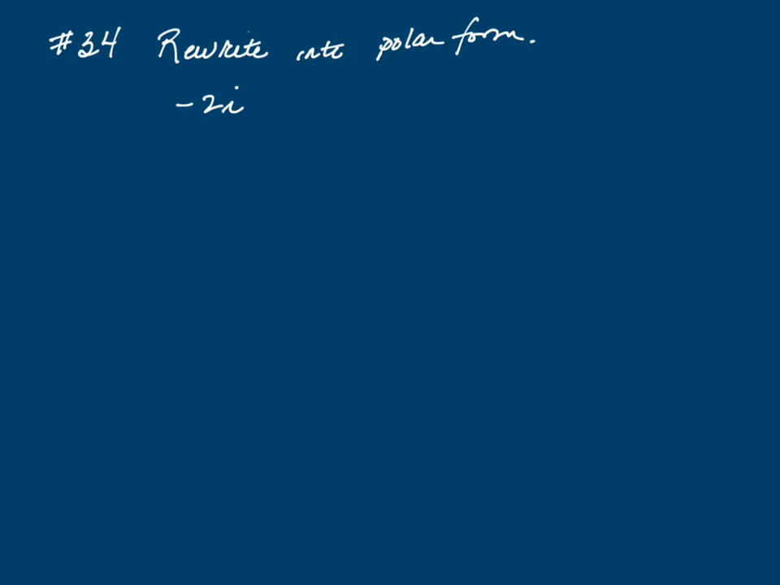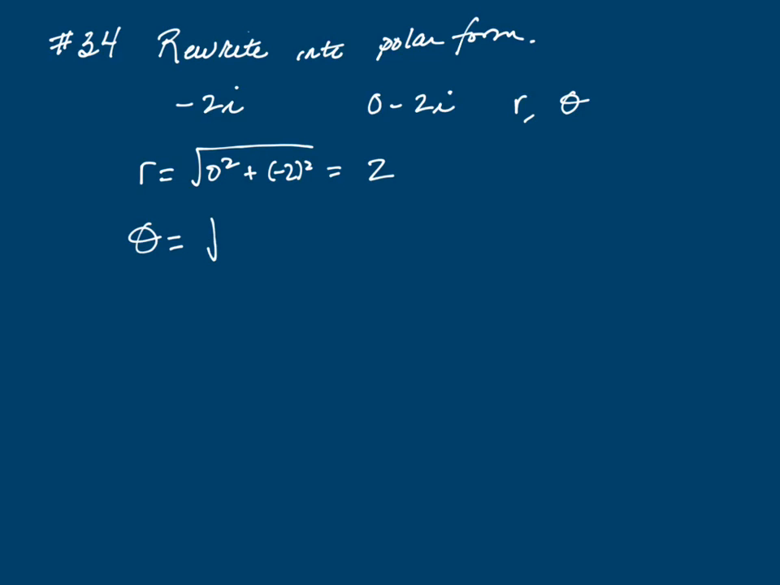Number 34 has you rewrite the complex number negative 2i in polar form. This is really 0 minus 2i. So we have to get it in polar form. So we need r and we need theta. So r is the square root of 0 squared plus negative 2 squared, which is equal to 2. Theta would be,